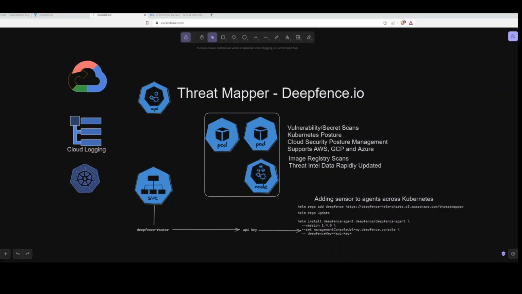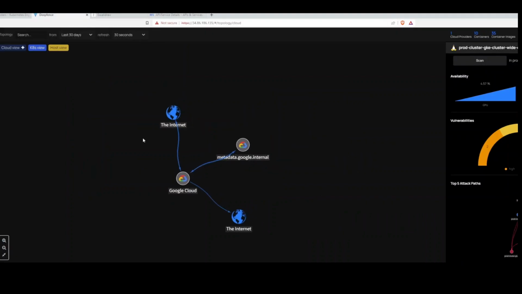Mapper. They do have a paid software as a service subscription that goes a little bit further, but I was pretty blown away not only by their demo, but just the capabilities that came out of the box with this open source. So for today's video, we're going to be covering at a high level what is Threat Mapper, how you use it, how it supports multi-cloud as well, and a lot of the capabilities where I think when we're